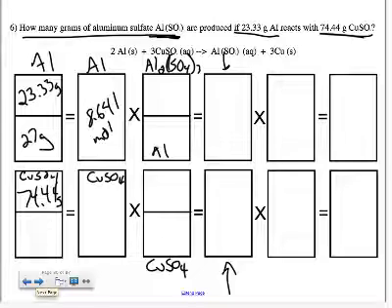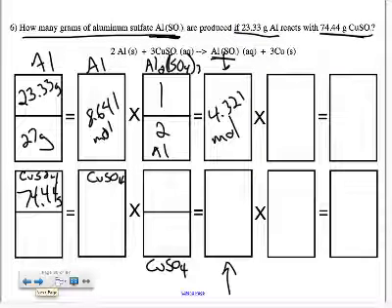So the mole ratio, aluminum has a coefficient of 2 in the equation. Aluminum sulfate has a coefficient of 1. So 8.641 times 1/2 is 4.321. How about that? So that's the number of moles. So I'm going to stop there for now, and then I'm going to go back and look at the copper